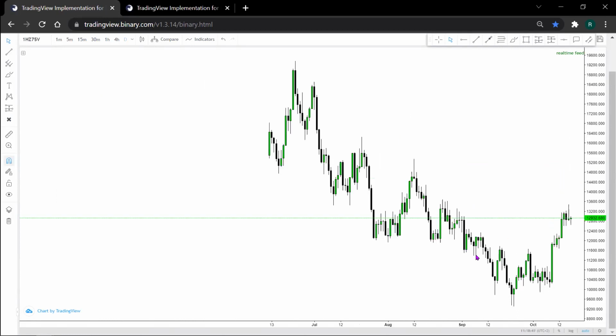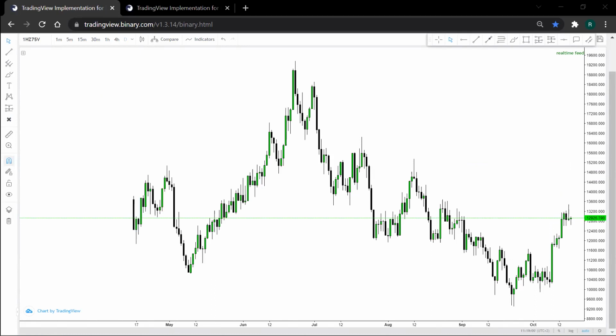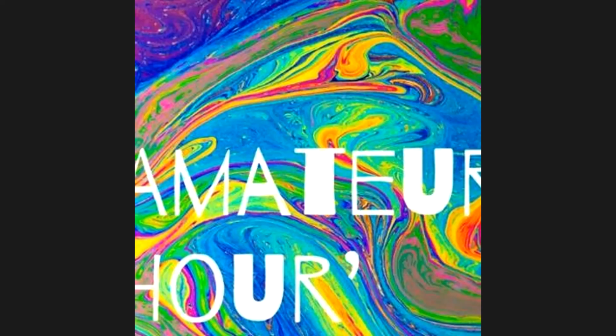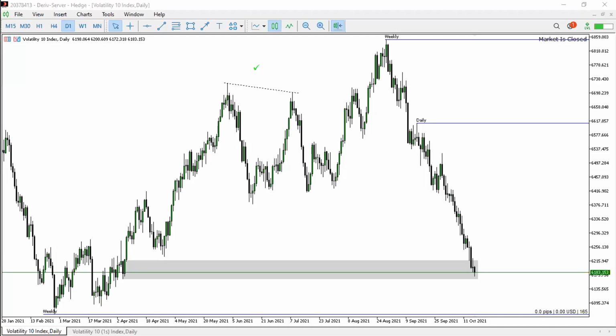So as we see the chart loading up, or should I, yeah, let me just actually switch to the screen. And let's look at it on the MT5 platform. TradingView tends to freeze and does its own thing. Okay, so